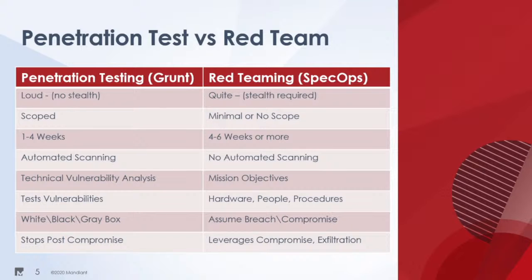And penetration testing, you're usually given a white, black, or gray box, which is pretty much more information about it. You might know some or not. You might have credentials or not. Red teaming, a lot of them are assume breach or compromise types as well. Some corporations don't really want to do social engineering, but they might do it after the fact. Maybe they'll give you access to one of their internal boxes, or they'll launch a payload on one of their internal boxes and they'll just say go.